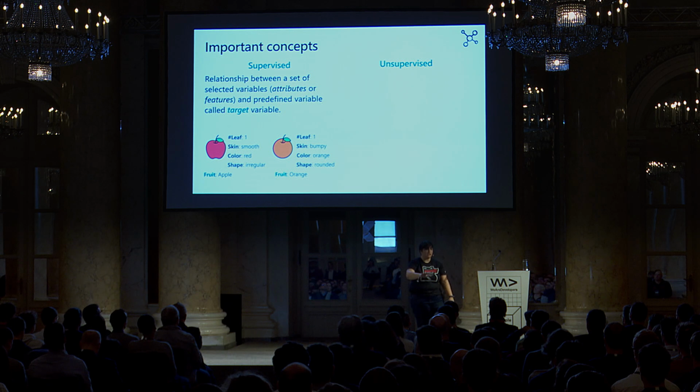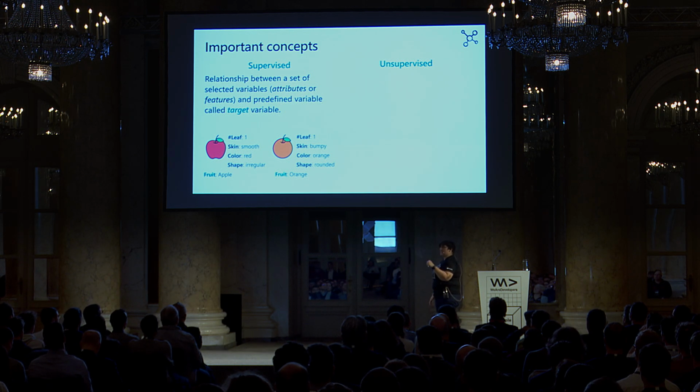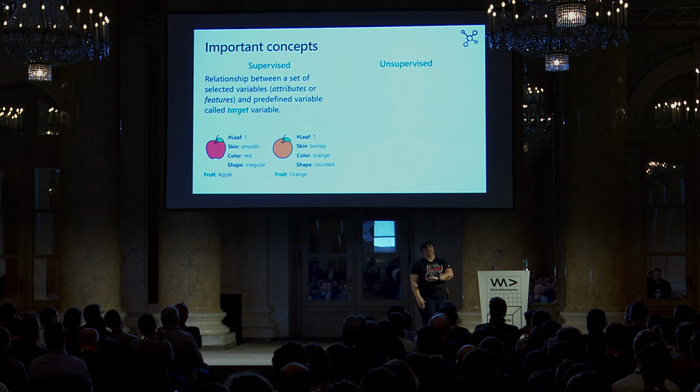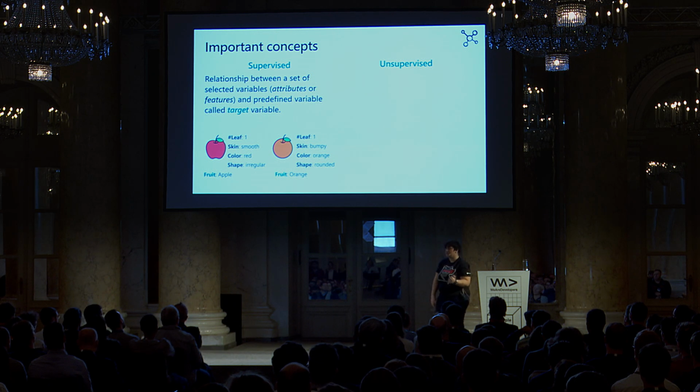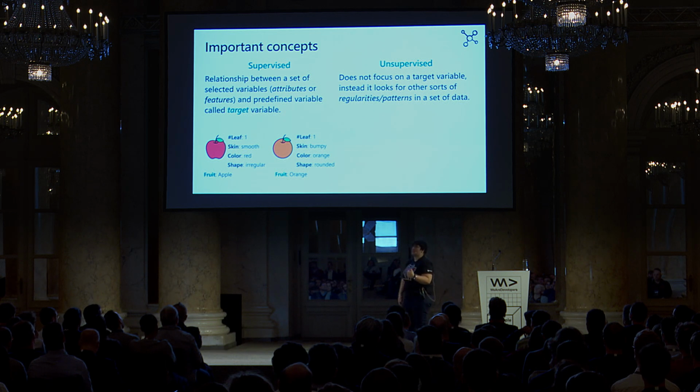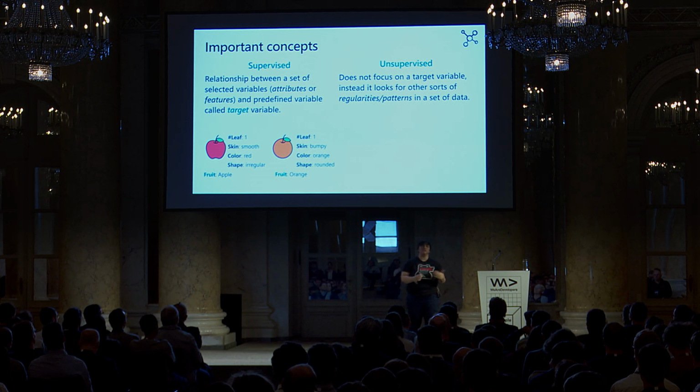So if it's an orange or if it's an apple, okay? And the idea is that in this case, I already know. And I teach the algorithm what he has to do to recognize when an apple is an apple and an orange is an orange. When we talk about unsupervised learning, we are talking about an algorithm that actually looks for regularities